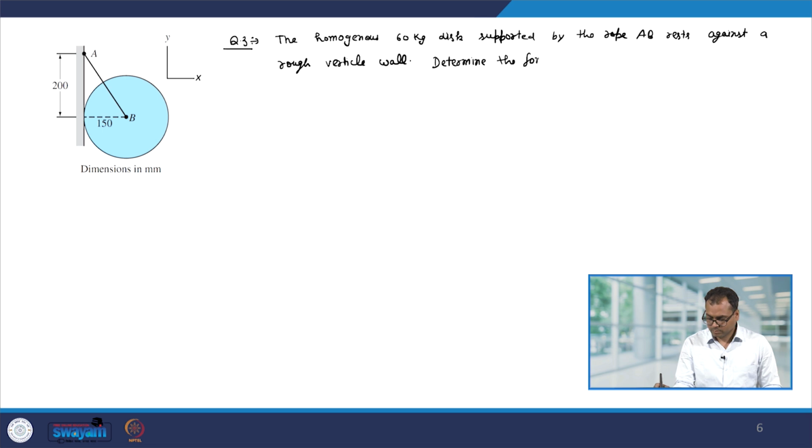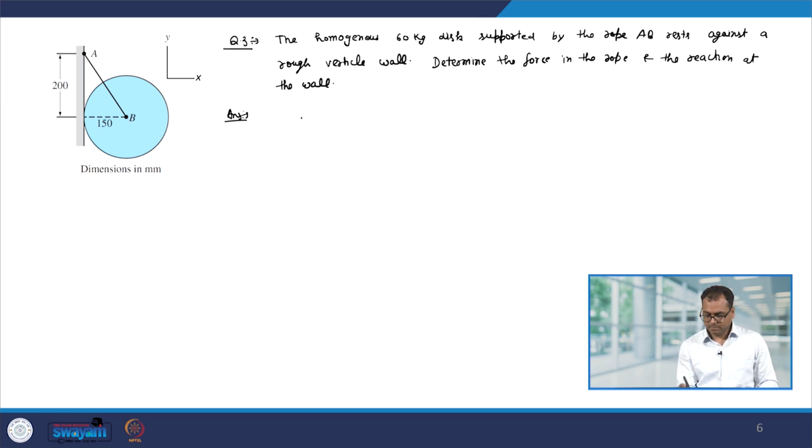Determine the force in the rope and the reaction at the wall. So, first let us make